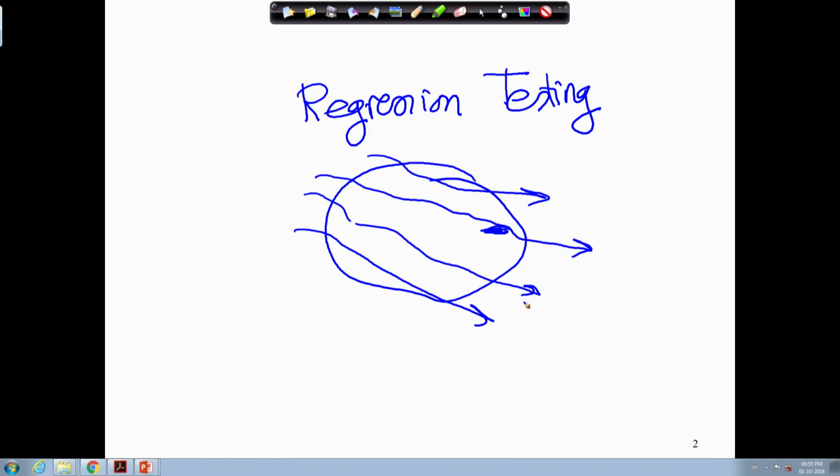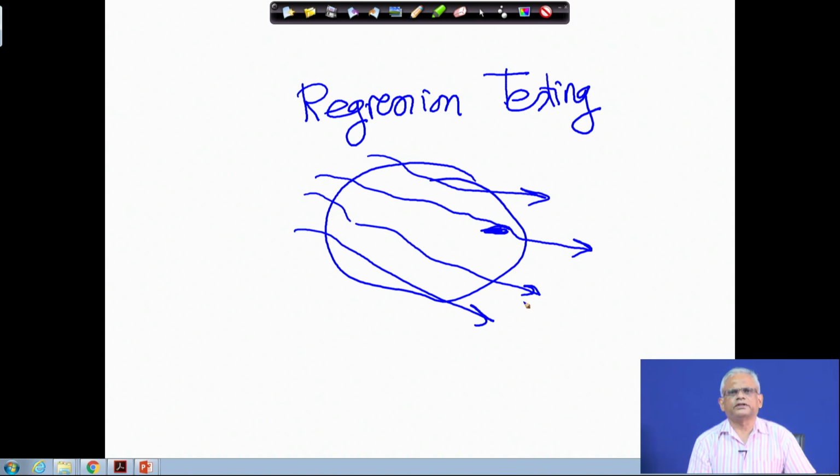But then you might ask the question: is regression testing done after unit testing, integration testing or system testing? That is, if we find a unit testing bug, do we do regression testing? If we find an integration testing bug, do we do regression testing, and a system testing bug, do we do regression testing? Okay, the answer is yes, for all the types of testing, when you find a bug,